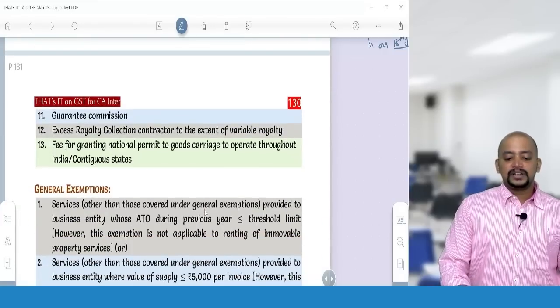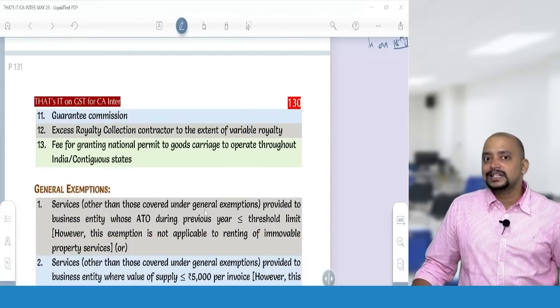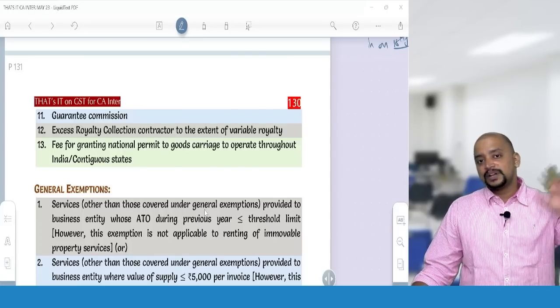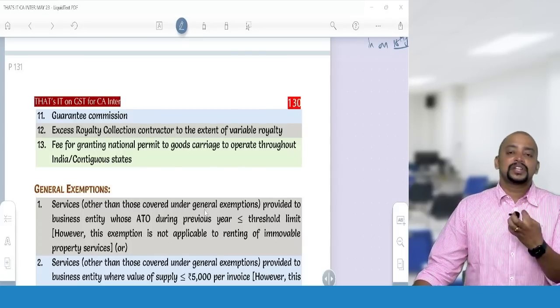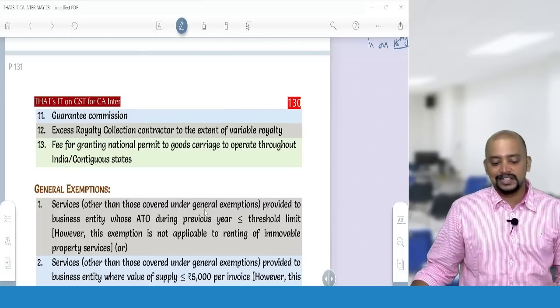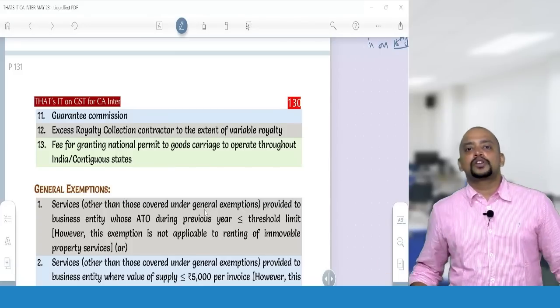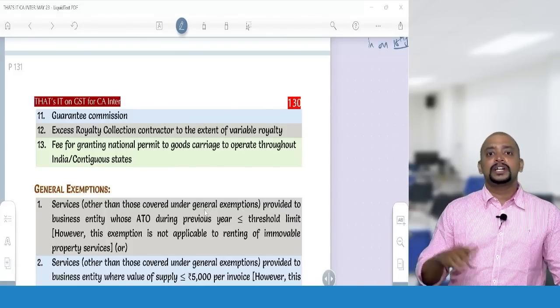Then number 11, guarantee commission. Whenever the loans are taken by PSUs, those loans will be guaranteed by the government, for which the government gets a commission from the PSUs. That commission is exempted. Then excess royalty collection contractor, to the extent of variable royalty, is exempted, because on that variable royalty the leaseholder